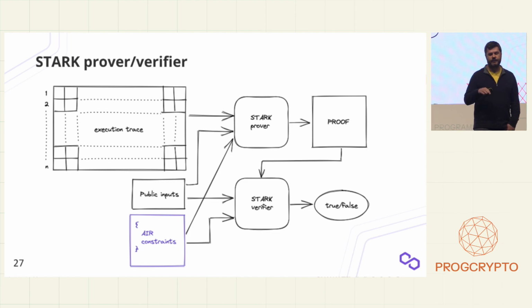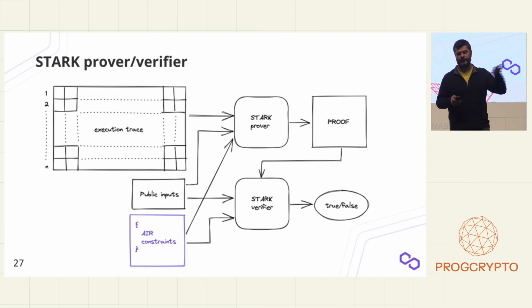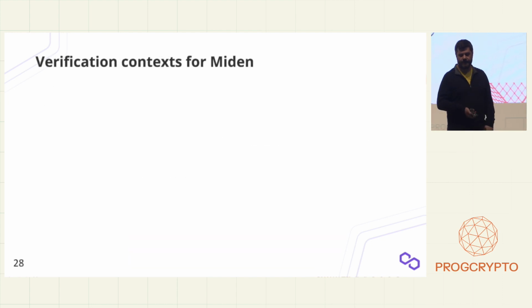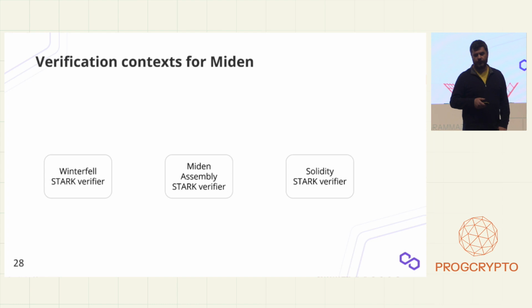But there is another part of this where the verifier also needs to have constraints. And you can see that here constraints are used in two different parts. So it's the same constraints, and you need to use them for the prover and also for the verifier. In Miden, we may have different verification contexts. So for example, we want to have